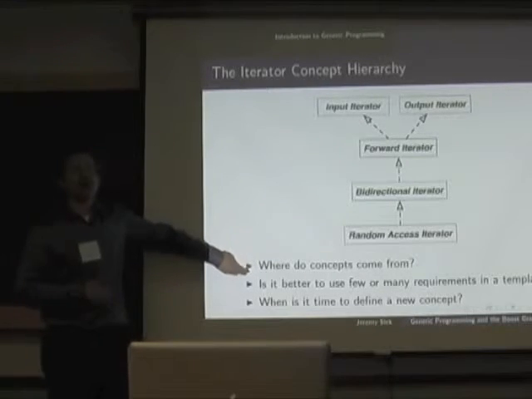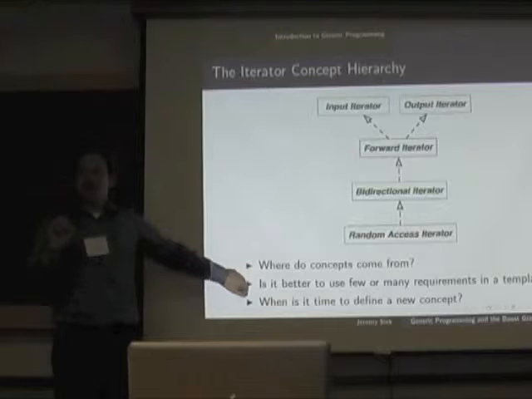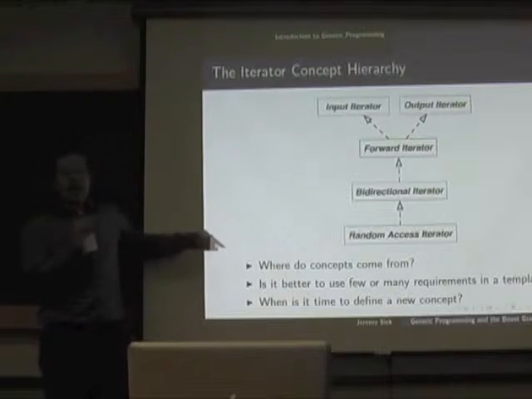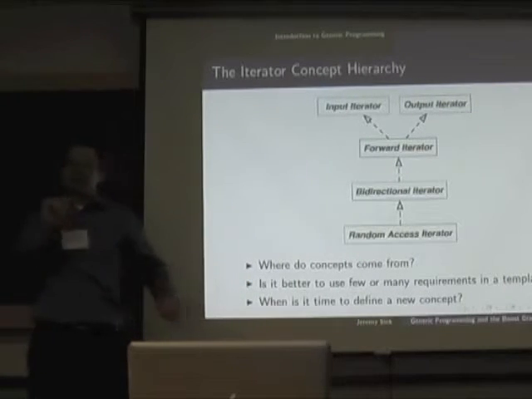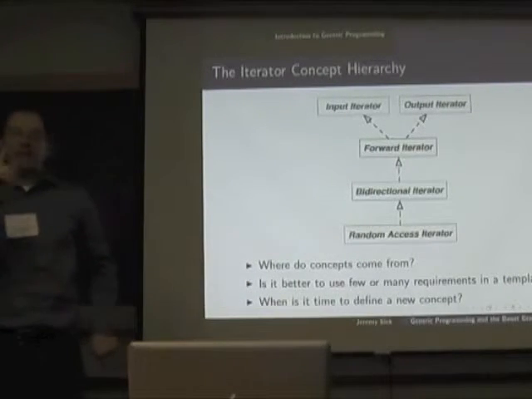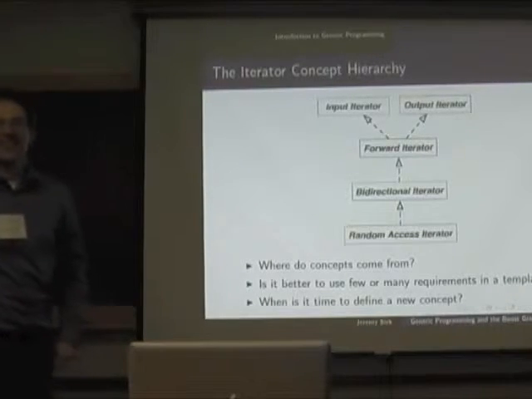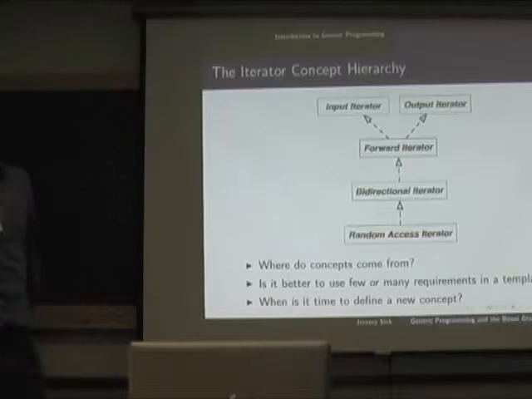The whole point of an algorithm is to help you describe the minimal requirements that a particular algorithm needs. And I would furthermore say that a concept deserves to exist if there's one algorithm that needs it. Because I was going to ask the question, how many do you need? You just need one. One generic algorithm that needs a concept, and boom, there it is.